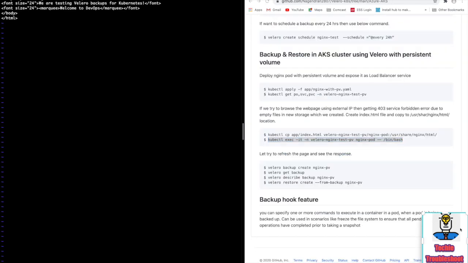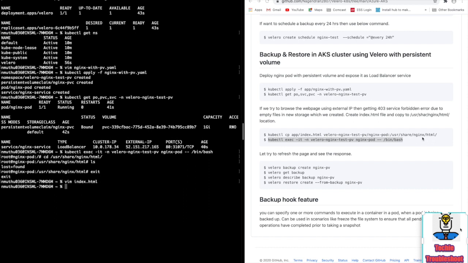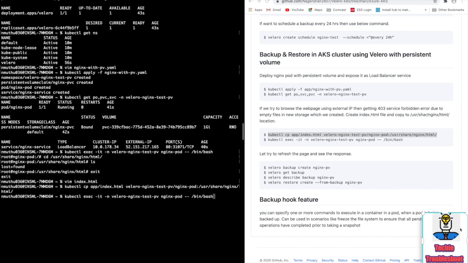Okay, so the next step is to copy that index.html file to the pod. The syntax is the namespace, then the pod name, then a colon, then the container mount path. Okay. Now we have to log in again and then verify whether the files are copied or not.